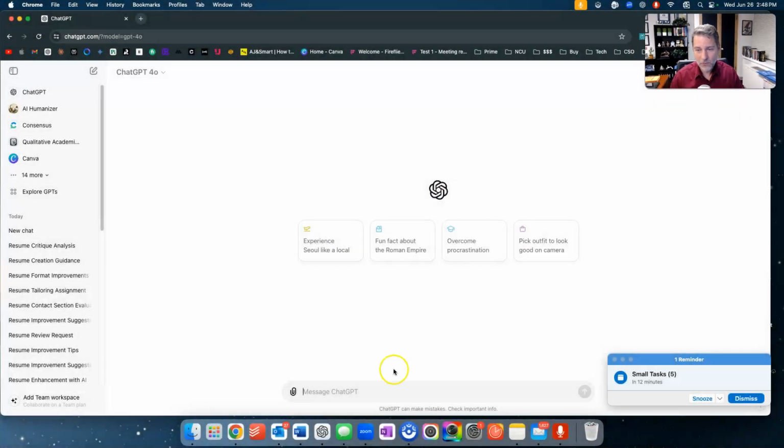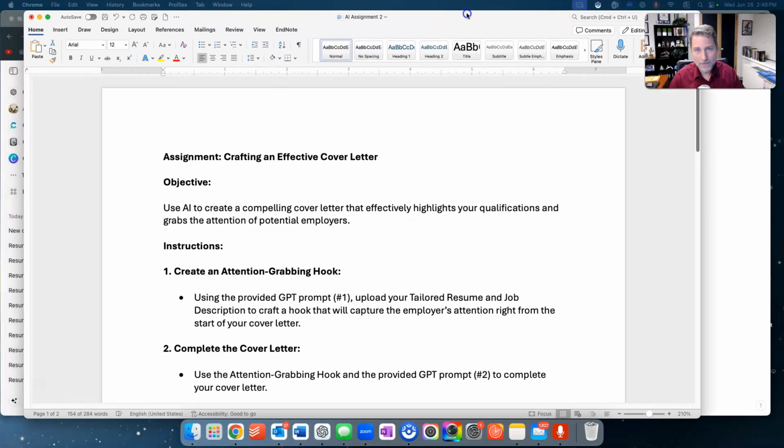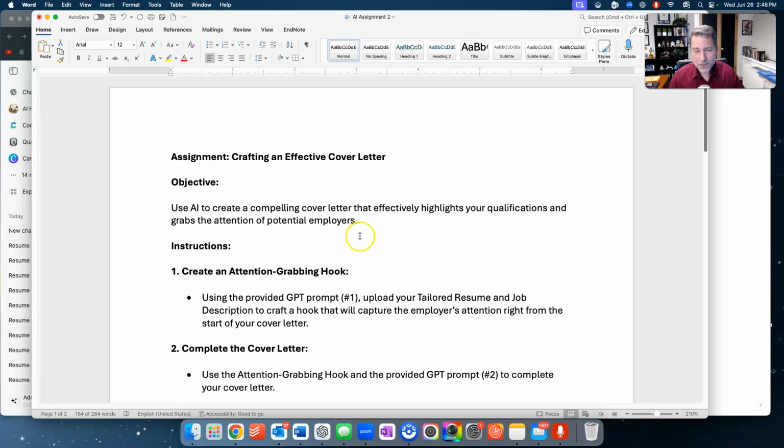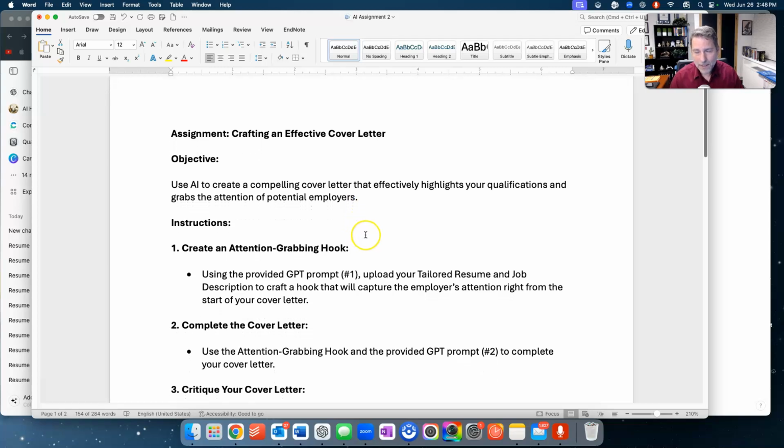I'll remove my picture here. I've got GPT-4o all ready to go, and make sure, sometimes it defaults down to 3.5, make sure that you're always selecting that 4o and you're getting the best brain possible. And all right, well, let's go ahead and pull up the assignment. So assignment number 2, I'll drag this over, is we're going to use that AI to create that compelling cover